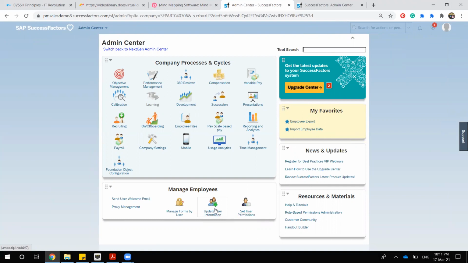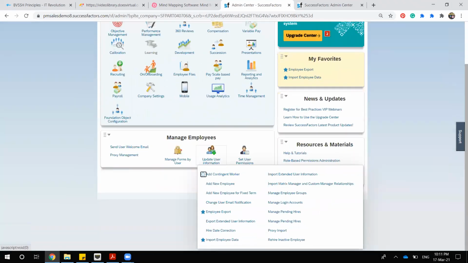If I click that, although I have already made those favorites, otherwise you have the option. One is called employee export, another is import employee data. These are the two options we have. Suppose I'm going for import first. Let's see, import employee data. If I go to that particular link,